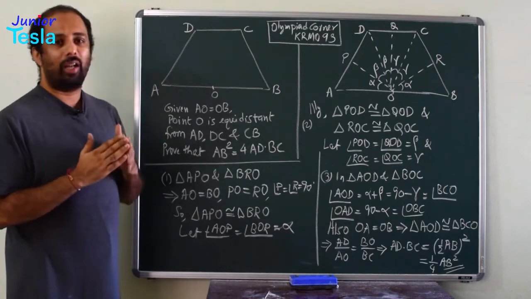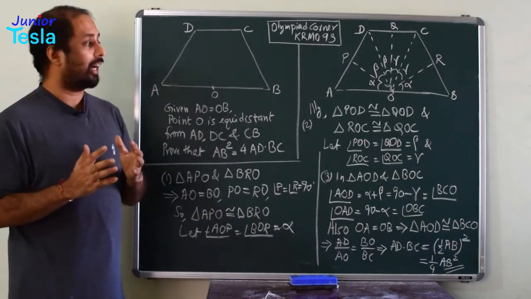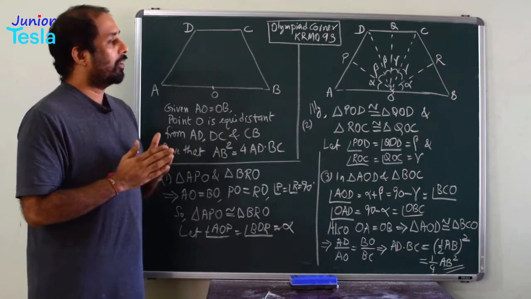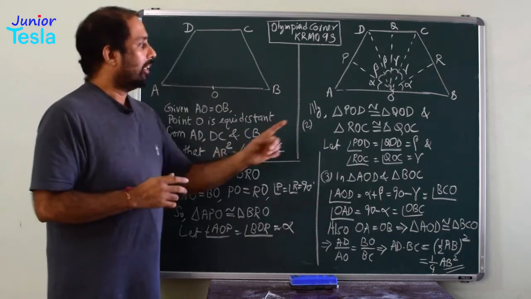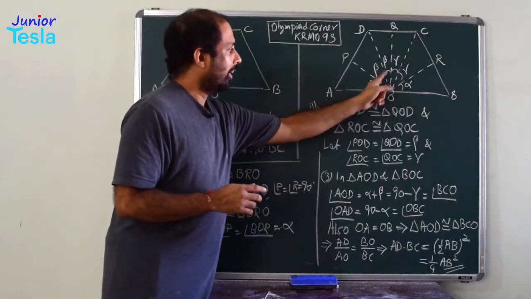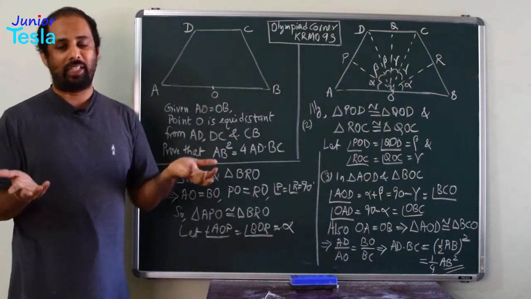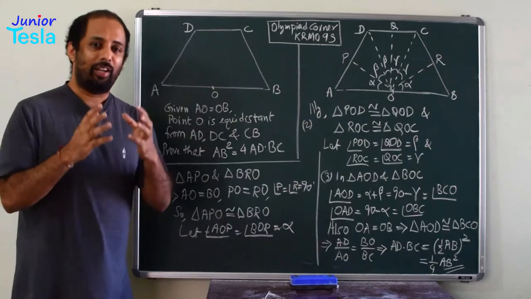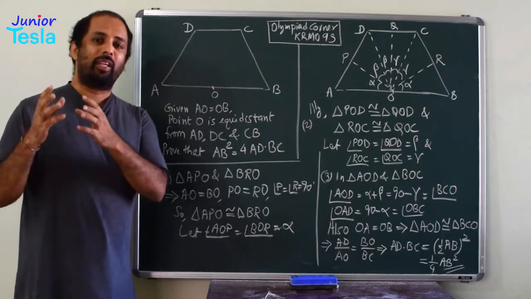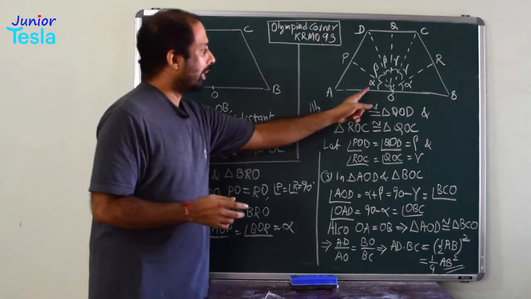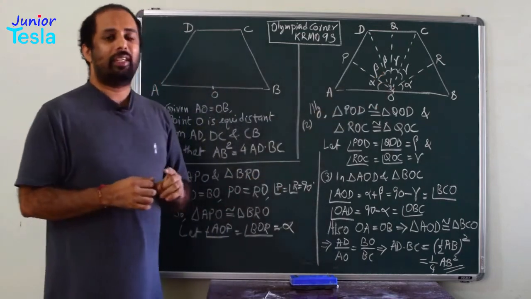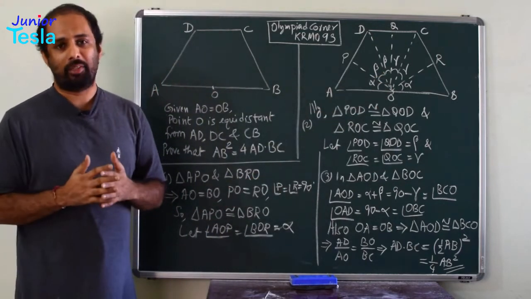AOD is equal to alpha plus beta, right? But what is the value of alpha plus beta? See, this is a straight angle. So, 2 times alpha plus 2 times beta plus 2 times gamma is equal to 180 degrees. Or you can say alpha plus beta plus gamma is equal to 90 degrees. So, if you take only alpha and beta, that is nothing but 90 minus gamma, right.